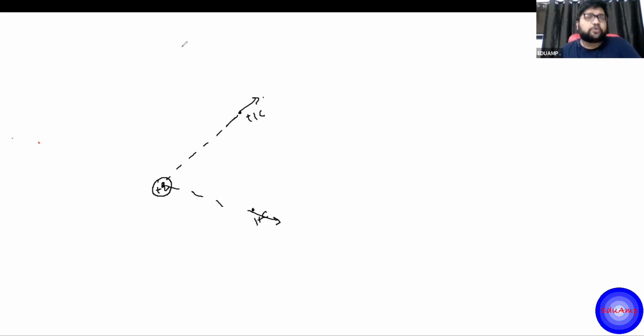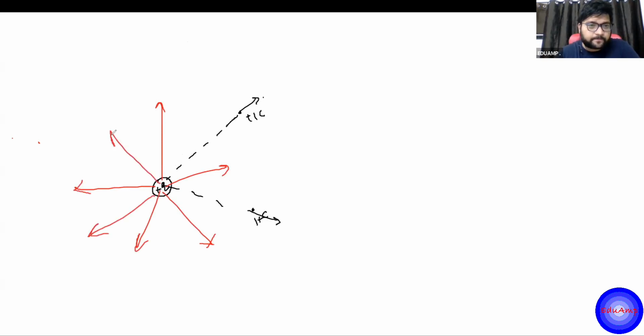Technically, theoretically, it extends to infinity, because all around this charge there is an electric field. If I try to draw the lines, it will be like this, all around it, radially away from the charge. How am I getting these lines? Because anywhere you put a +1 coulomb charge, suppose I put it here, it will repel it in this direction. So these are called electric field lines.